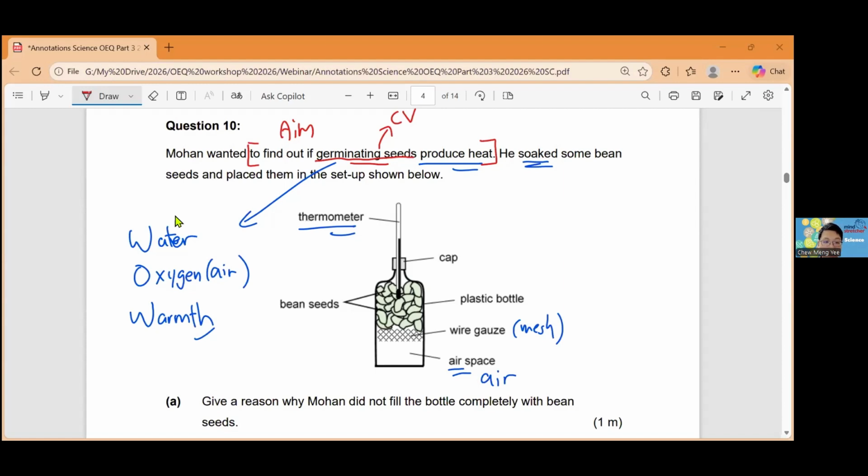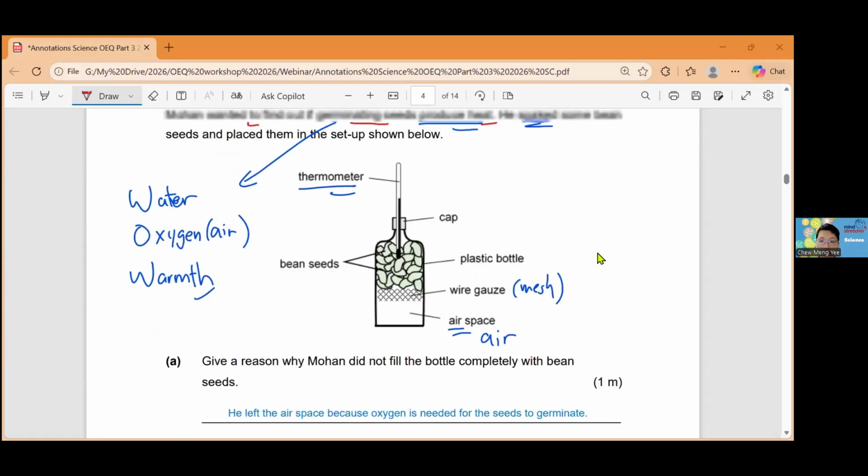That's fine. So I'm looking at some of your answers. Some of you say a setup where there are no germination seeds. So you have to be very careful. Don't just say a setup. You must prepare a setup that is similar to what is here. Basically, everything else must be there. So you must say it's similar to this current setup. Don't just say a setup. What does a setup mean? I can do any setup. Right? It has to be similar to this, but you don't put the bean seeds or the seeds.